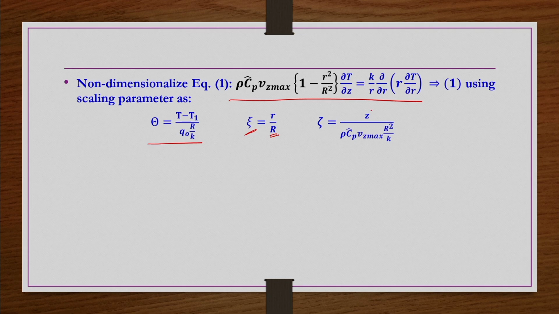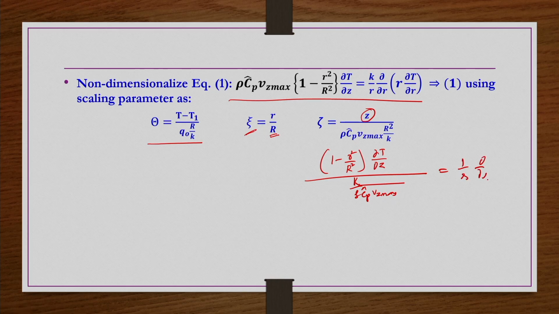Now, this dimensionless z coordinate also we have to define. How to define? Let us say this is equation number 1: (1 minus r square by capital R square) dou T by dou z, divided by 1 by rho Cp Vz max, is equal to, k also I am bringing to the left hand side. So, k by rho Cp Vz max is equal to 1 by r dou by dou r of (r dou T by dou r),